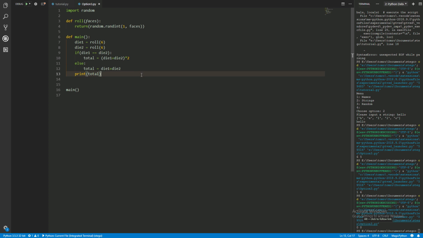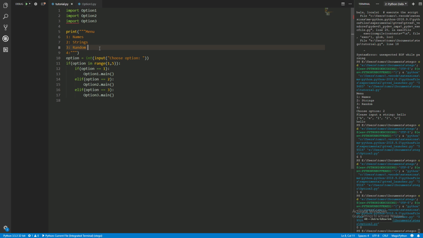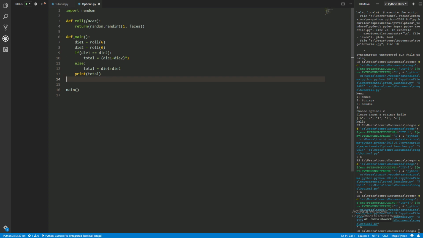Okay, so this is a really simple dice game. We will improve this as we go along with some loops and stuff, but at the moment we're in our default bit over here. What we're doing is we're calling the main function, which is here. We're then rolling one dice here and setting it to die 1, rolling another dice and setting it to die 2. We're then comparing them, saying if they're the same. If they are the same, then the total is going to equal die 1 plus die 2 times by 2, and if they're not the same, it's going to equal die 1 plus die 2, and then we're just going to output it to the user. So if we run this,